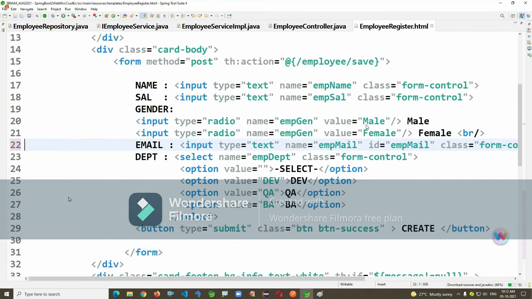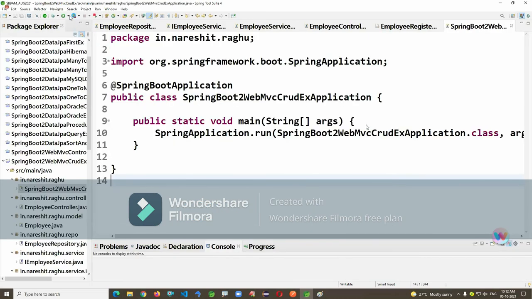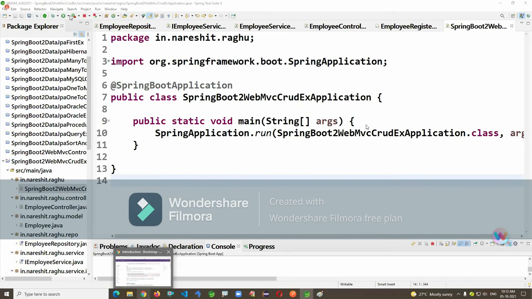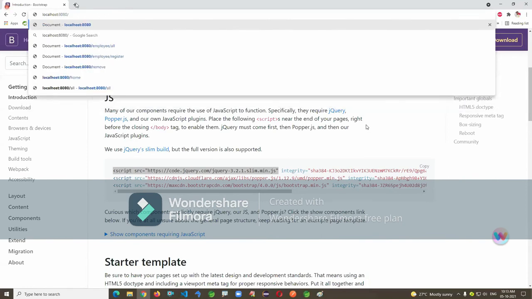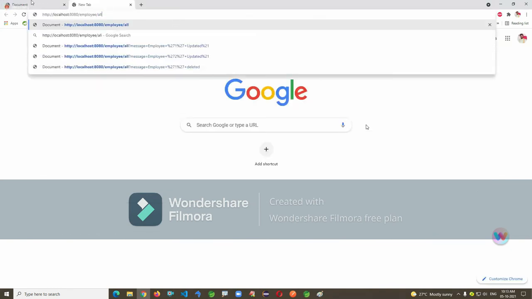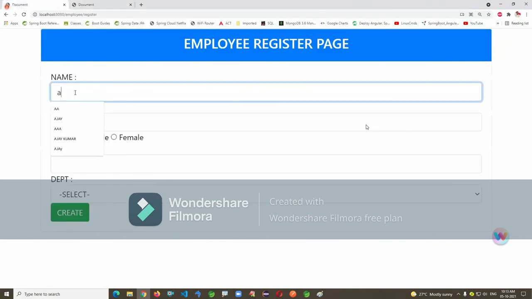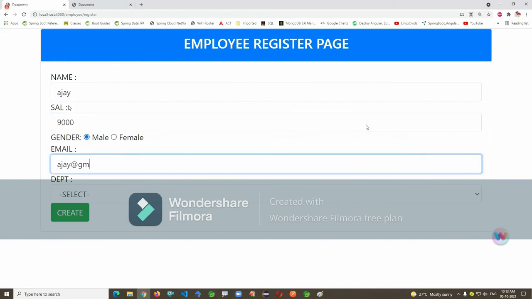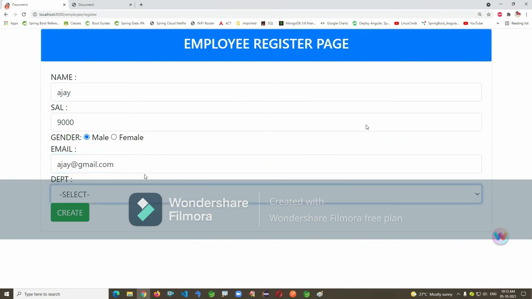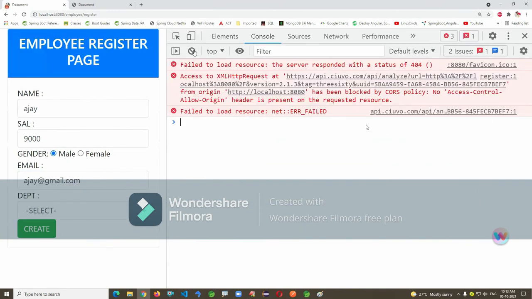Let us just run and see. And the use case: the customer account system maintains the data of the customer. Localhost, so this is the customer. Your data will be maintained on 8080/employee and /register. Consider that use and check. Marketing, Ajay, Reporting, Ajay@gmail.com, Reporting, Marketing. So that will come in this.